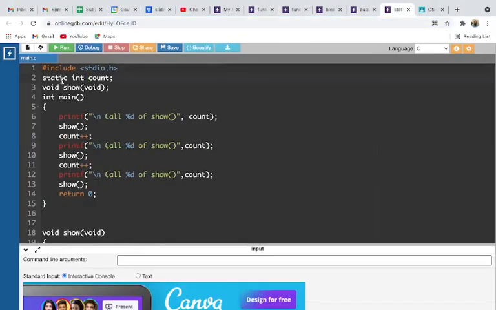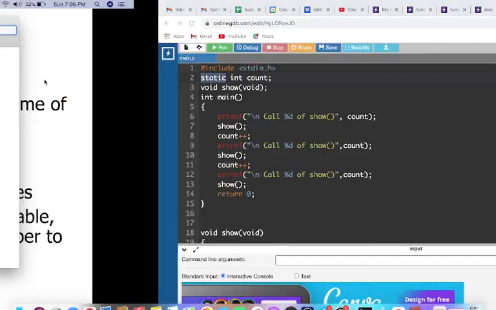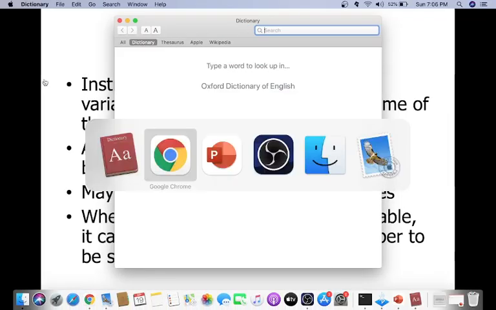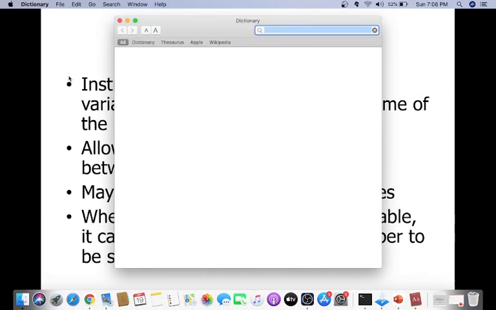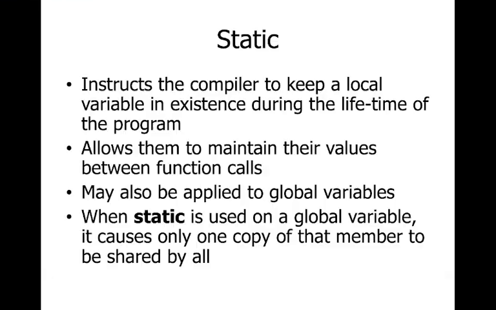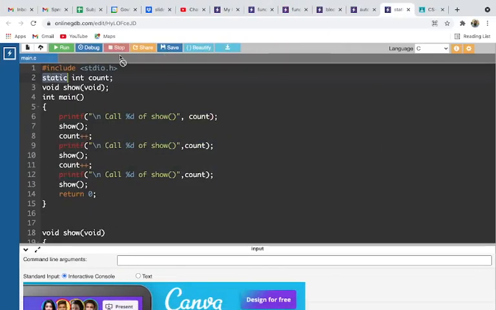So you have to use the keyword static. Static int count. Now count is an integer variable and it is a static variable, and it is a global variable also.